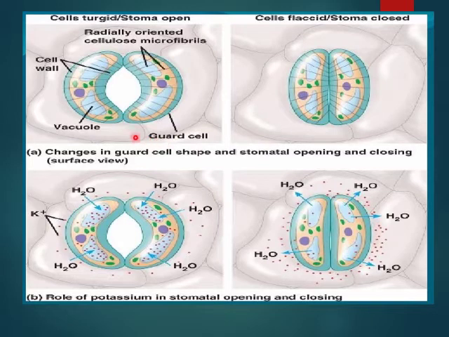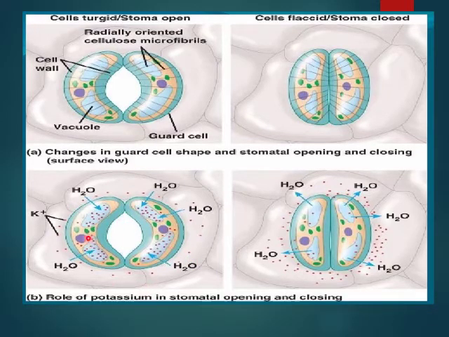Now see in the figure. In figure A, you can see the stomatal aperture is open and in this it is closed. What happens when the roots absorb water by the process of osmosis, and then water goes through the xylem to the leaves, and in leaves the water starts getting lost through transpiration. Then, when the guard cells absorb water, they become turgid and swell up, and a gap is created. That gap is known as stomata. You can see the water is being absorbed by the guard cells.